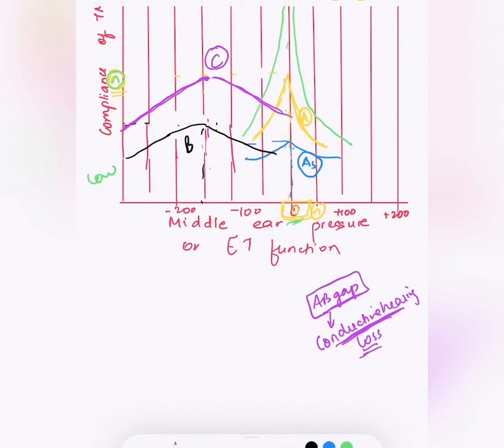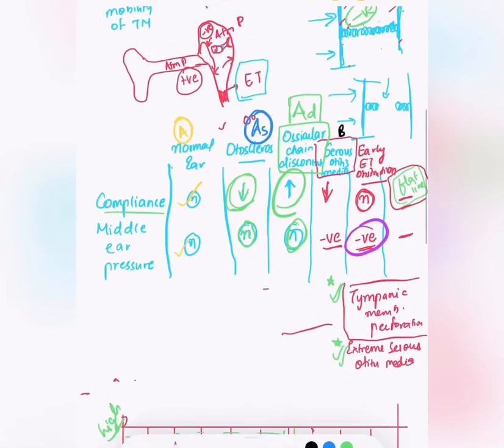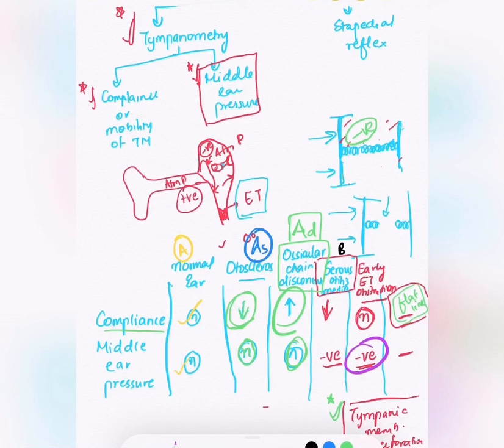So what happened to this patient, he met with an accident. He came to your OPD and told you that I have had an accident, so I think that something is wrong with my ear. I cannot hear as much as I used to hear before the accident. Now you observe his tympanic membrane, which seems to be normal. Okay, so you get his tests done, and when you do the pure tone audiometry, you find that there is conductive hearing loss. Okay, so what can be the possibility here? Obviously, because the accident is there, so there can be ossicular chain discontinuity, as you can see in the diagram here.